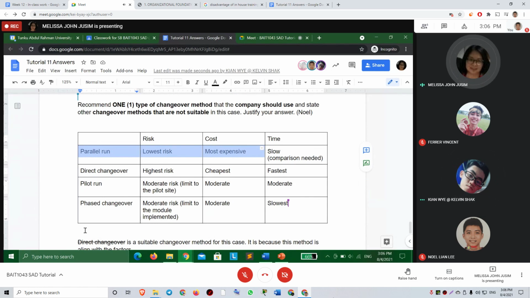Most companies, if they just purchase a software package, can choose direct changeover, because you purchase a software package and it's commercially available. So the most commonly used is the direct changeover. And then it also depends on the nature of the business. If it's in a critical